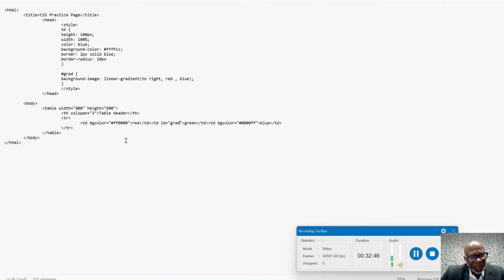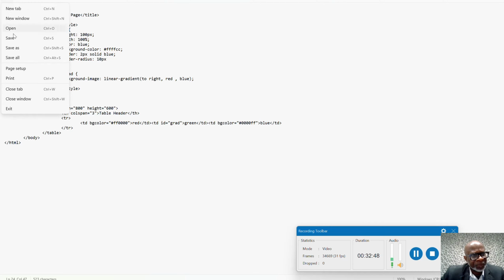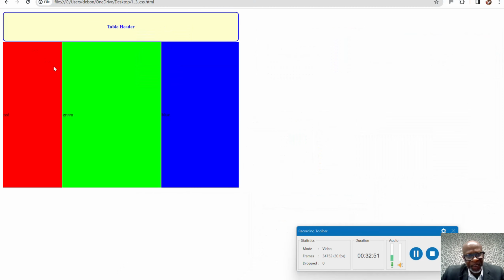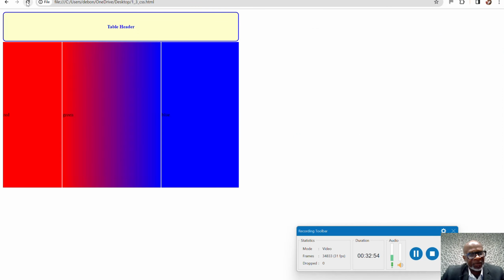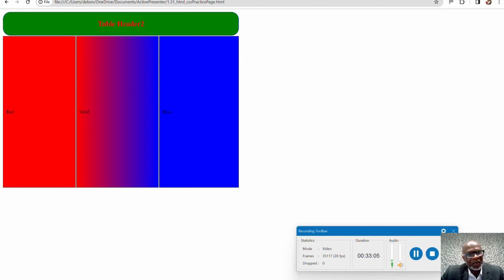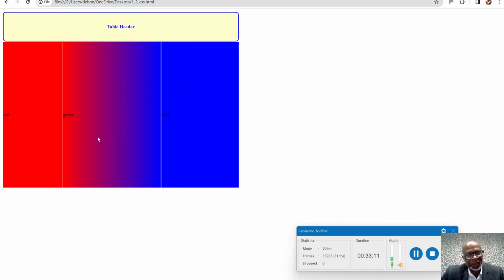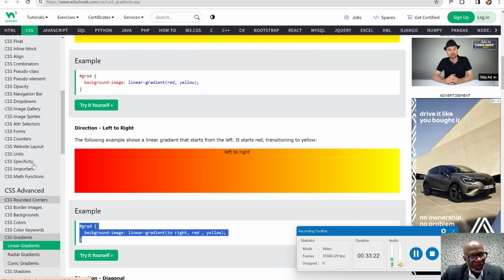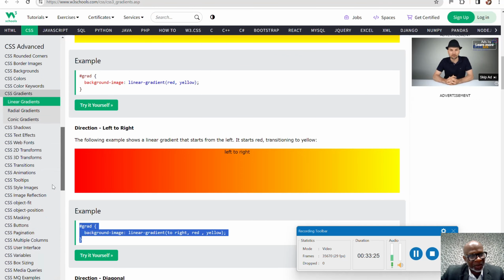So let's save this and go back to here and save, and then you can see we now got red to blue in the middle, right? Which is not far off from what we have here. Okay, so that's the second part of the question answered. So the animation, I'll quickly show you what we can do for animation. Okay, this is gradient. So for animation, we got,